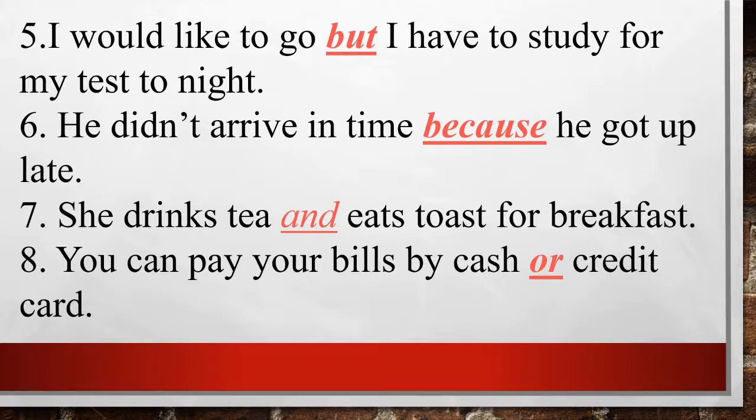The next sentence is, she drinks tea dash eats toast for breakfast. The answer is, she drinks tea and eats toast for breakfast. The next sentence is, you can pay your bills by cash dash credit cards. The answer is, you can pay your bills by